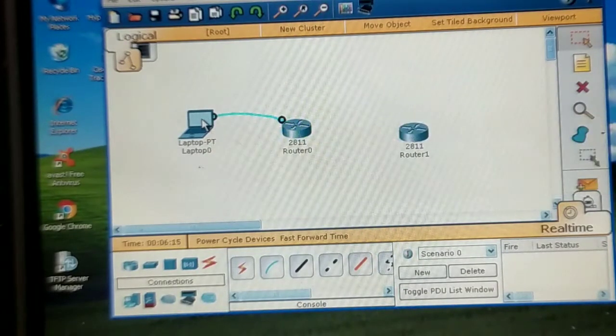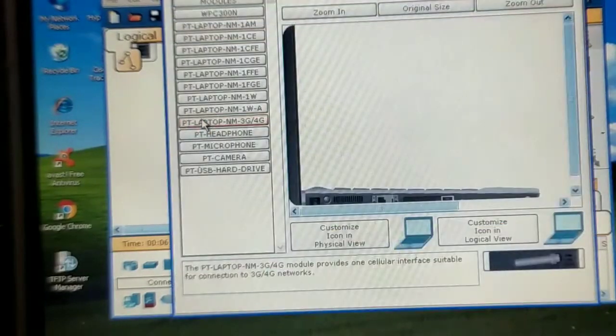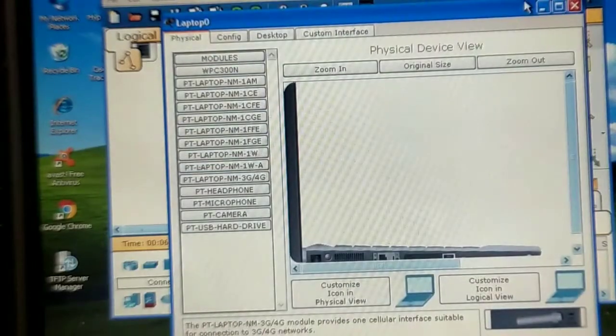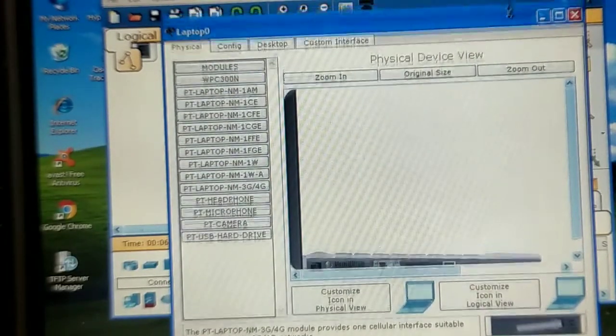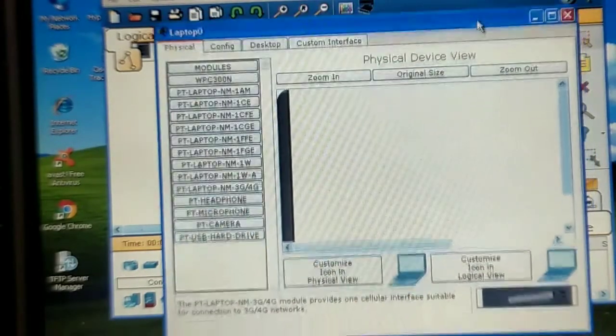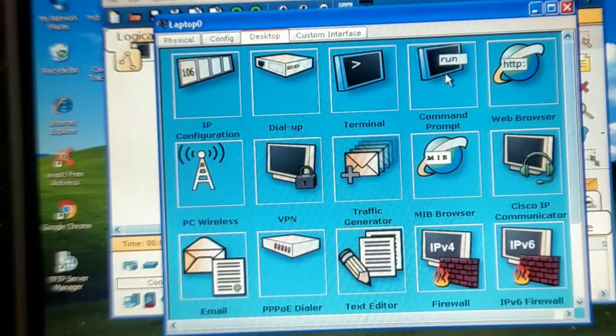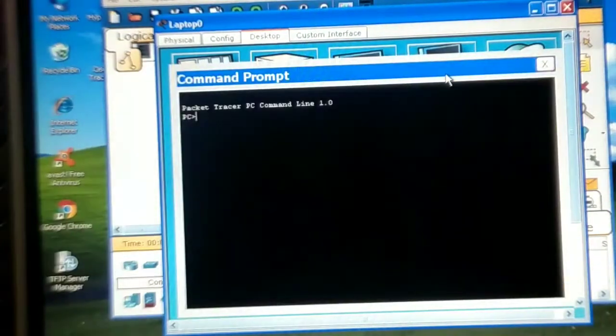Now what you have to do is to just double click on this laptop and then go to its desktop. So now we have gone to the desktop, and after going to the desktop, you have to enter into the command prompt, and this is your command prompt, DOS prompt. Oh sorry, not the DOS prompt.